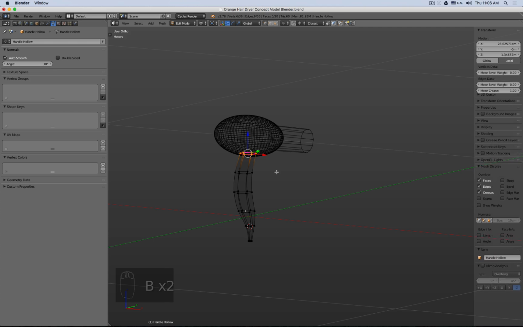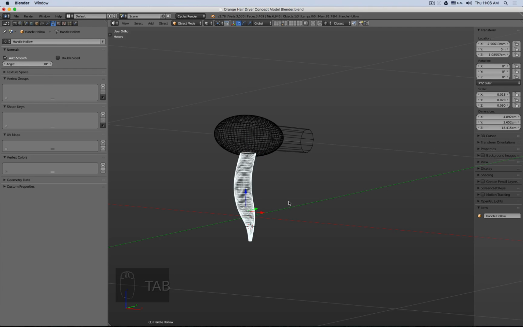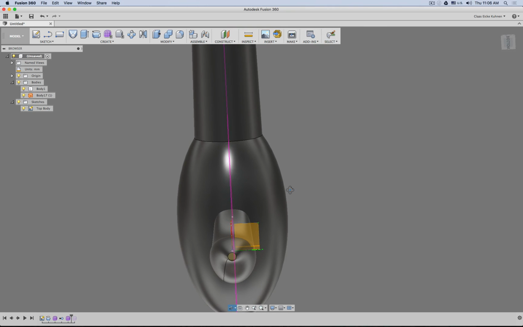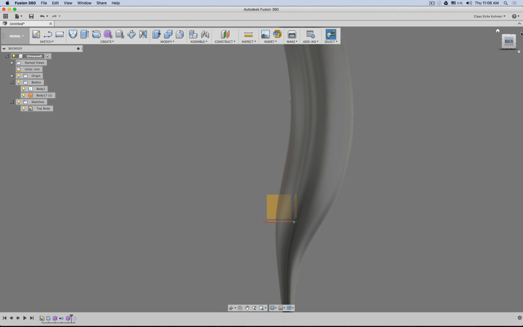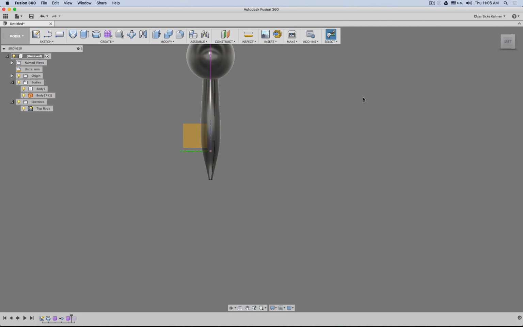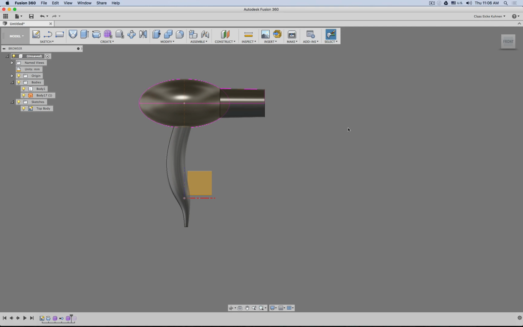Remove the caps, and then this one we export. Because, as you can see, it's a simpler geometry. Perfect. Okay, so that was basically part one, how to do all the transfer from Fusion to Blender, then to